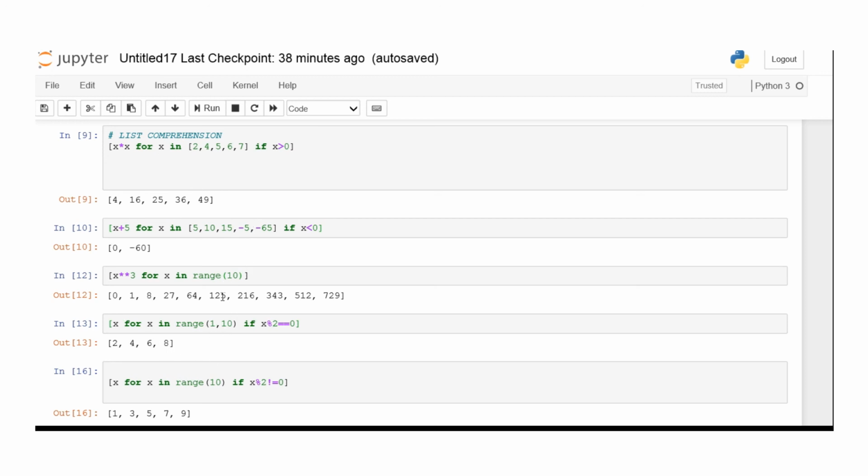Such operations can be done very easily by writing a single statement. That is the advantage of list comprehension. Depending on the problem, we have to make use of the already existing functions of Python.